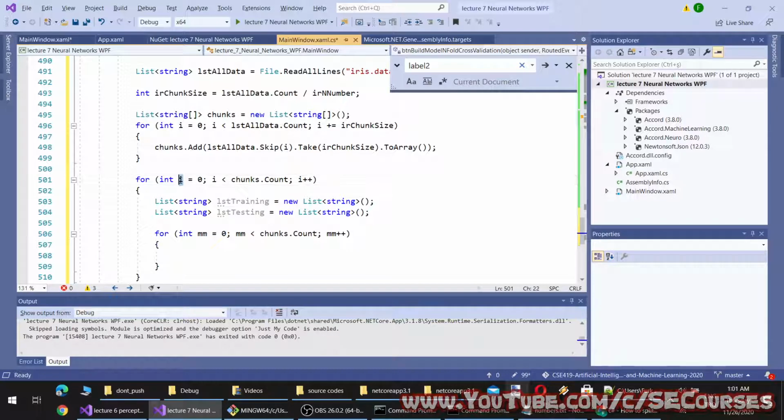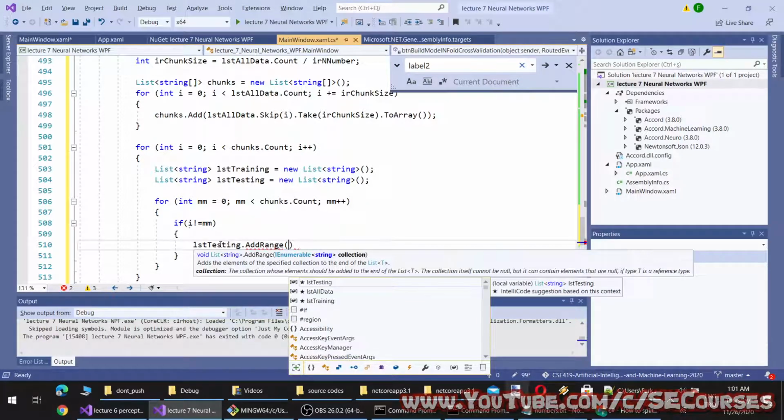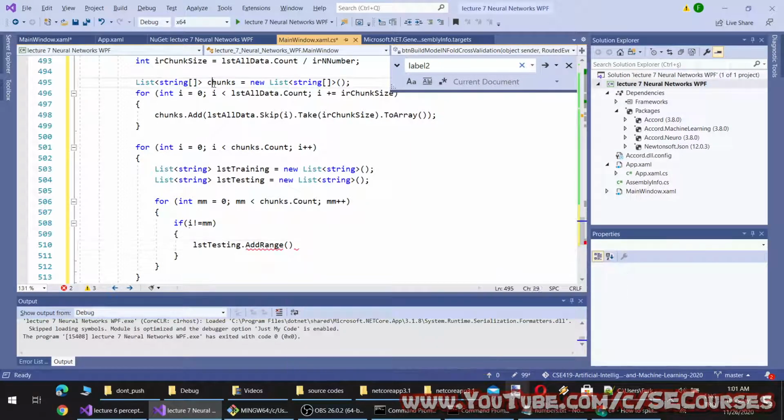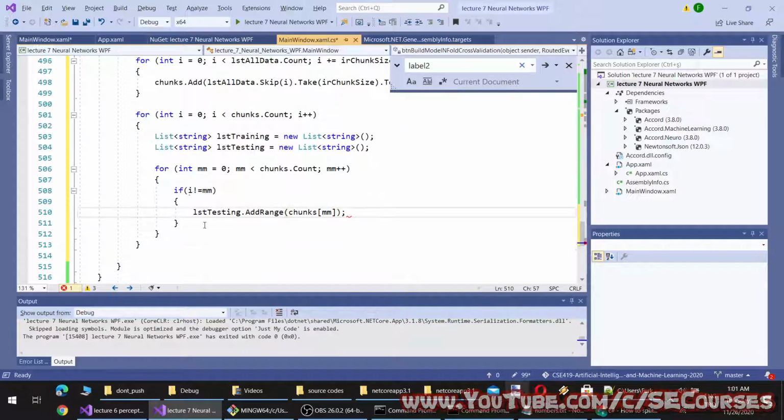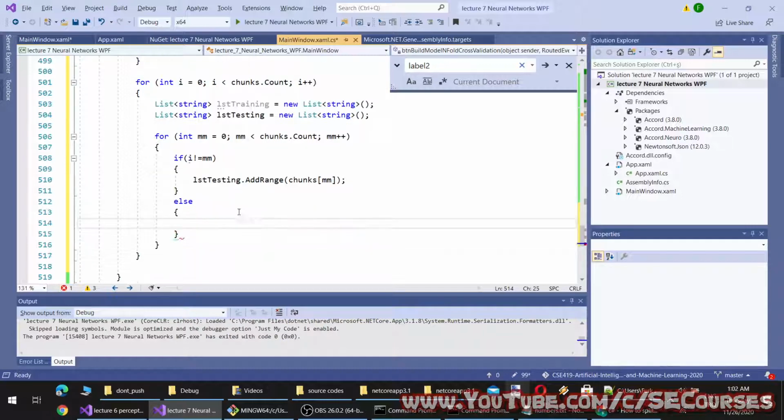So it will start from 0, and if it is not equal to I, it will be test data at range, chunks, and else it will be training at range.